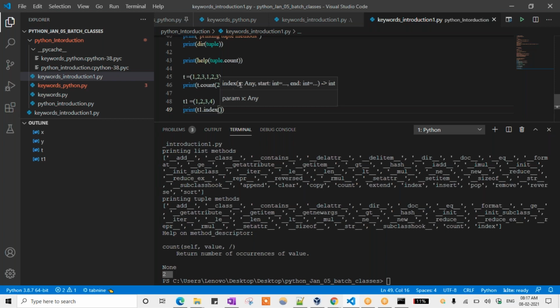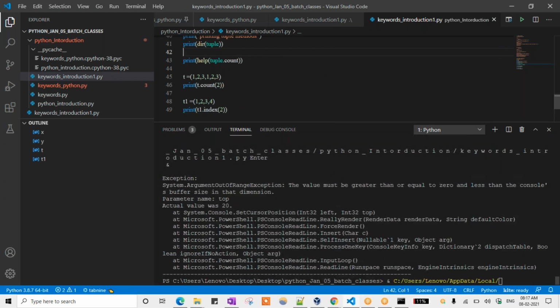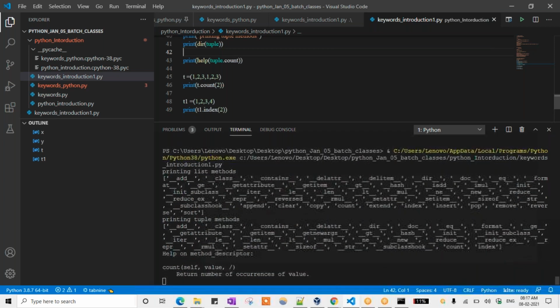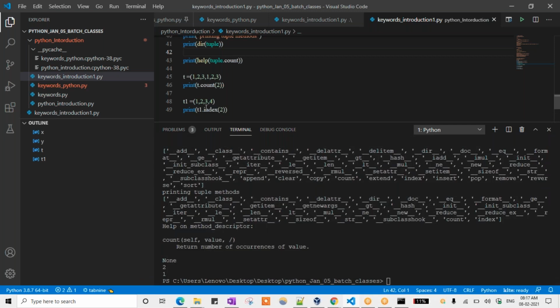So here, it is showing up the index of x value, the index of 2. Okay, I can show you that. So see here, index of 2. That is based on the index values 0, 1, 2, 3, something like that. This is the index of 0, index of 1, something like that. But I am trying to get the index of 2. So 0, 1, right? From left to right, it will take. So just for sample purpose, I am explaining.